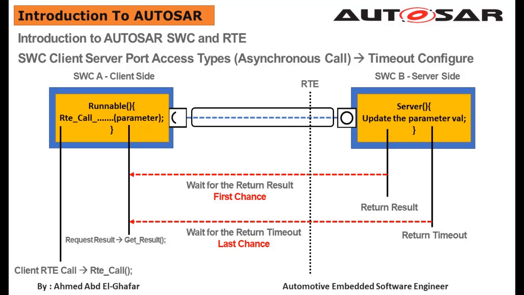So till now we call the RTE call API from the client side to tell the server please start work and prepare my data and I will get to you later. So after that, at any time, the software code implementer at the client side can use the getResult API. And now for the asynchronous call timeout configuration, we are waiting for the result and have already started the timer to track